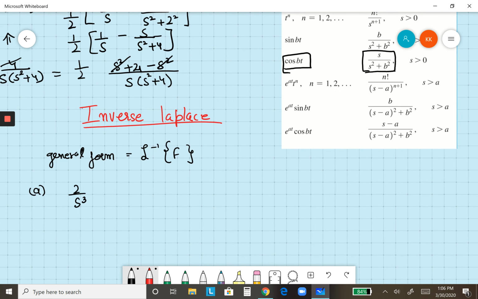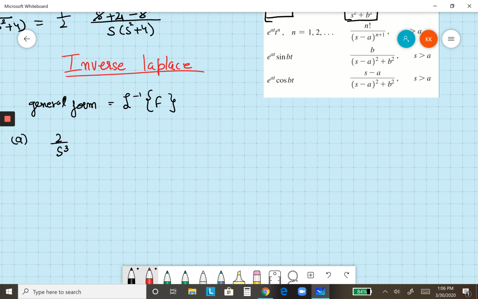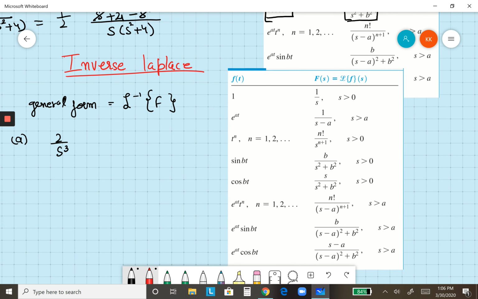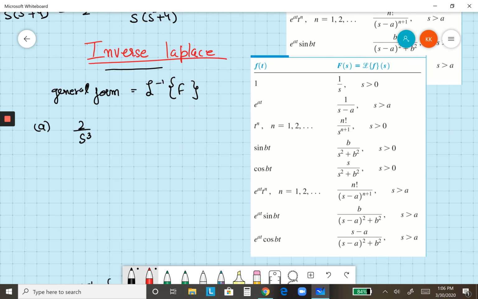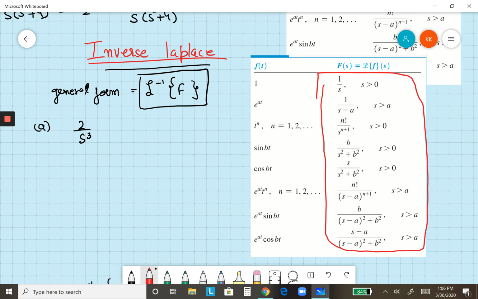Moving forward, we can use this table to also do the inverse Laplace. So for inverse Laplace, this is our general form that we use. So here we'll be given the right hand side of the table, and we have to do the opposite. We have to figure out the left side, so kind of going backwards to solve the problem. So in our